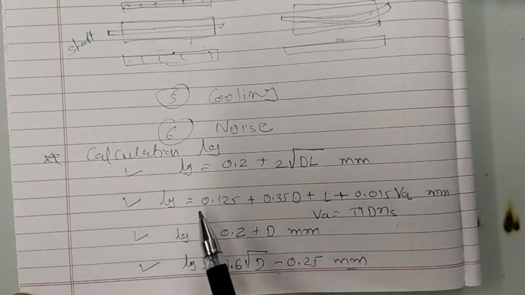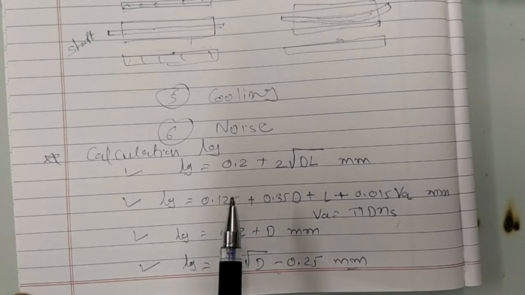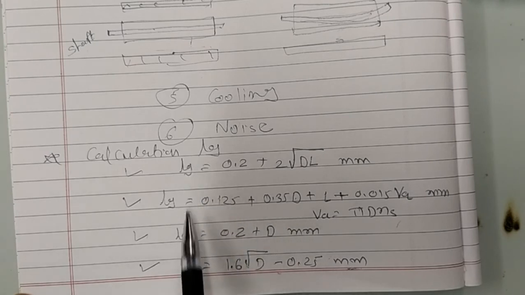Now the question is, out of these 4, which value should you consider as your answer? If I ask you to calculate the length of the air gap in any example, you will have 4 different values, but out of these 4, which one is correct? Because these 4 values will not be similar, they will vary. One value will be lesser and one value will be higher. So which value should you consider?